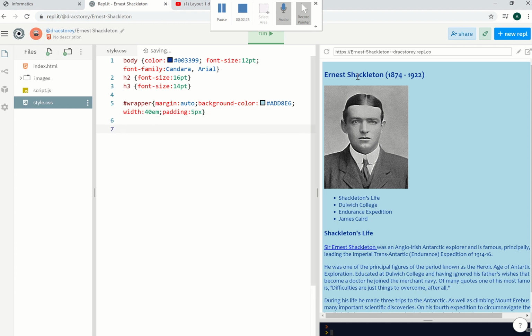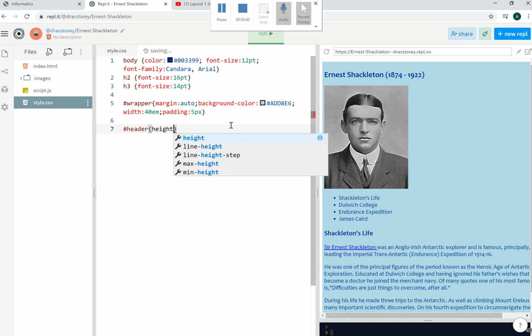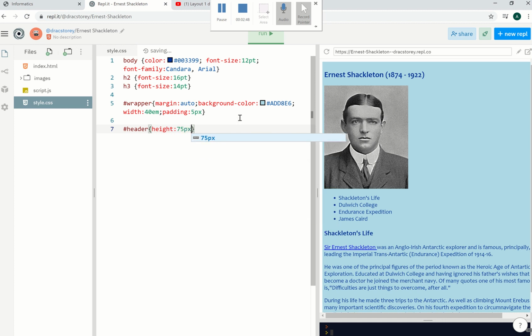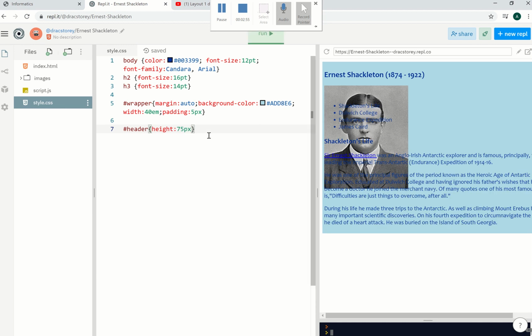Well, the header is Shackleton and the image, so I'm going to do hashtag header, and here I'm going to give this a fixed height. Notice I've used the hashtag again because I'm referring to an element with the name header. I'll give the height of this 70 pixels. Actually, let's do 75 pixels. Okay, and when that's saved, I'm going to run it. Okay, there it is. Our picture, of course, is way too big for that, but we'll press on